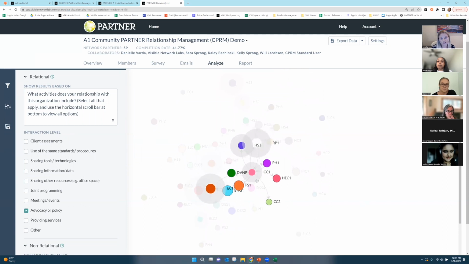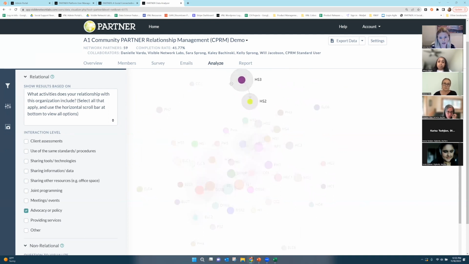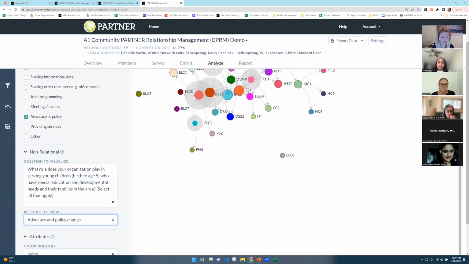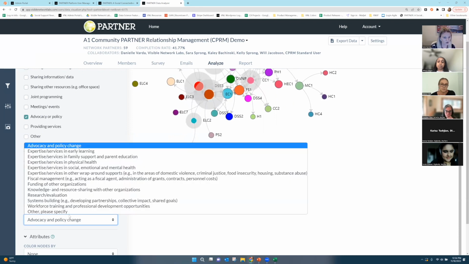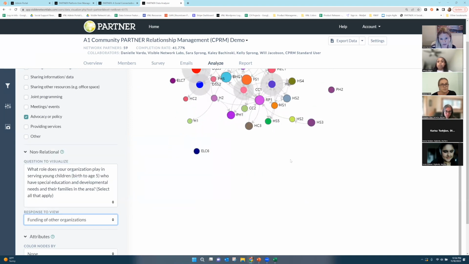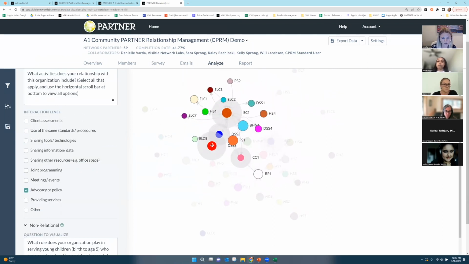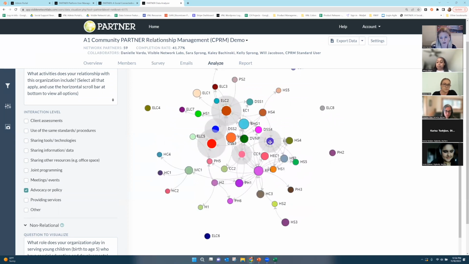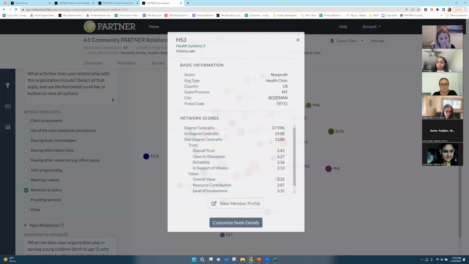So all of these lines, again, represent the relationships between organizations. All of these halos represent if they answered one of those non-relational questions and how they answered. And if I wanted to change that to say, well, actually, who gives funding? Because we need money for this initiative, that's what we really need. You can go back and say, oh, okay, good. Look at these key players who are connected to so many people who have funding opportunities. I'm going to tap into them, and I'm going to see how we can bring them into this work